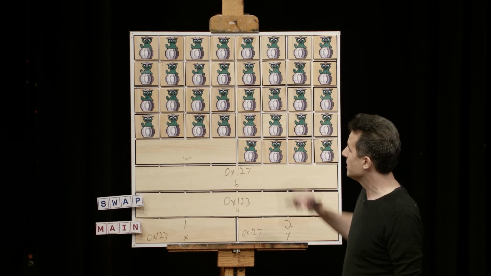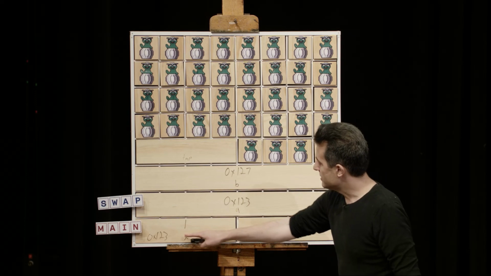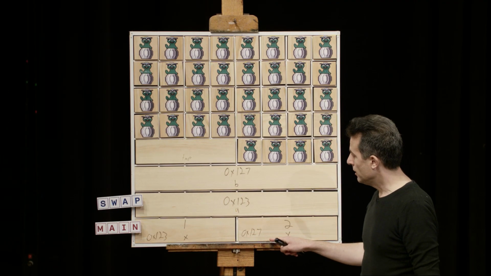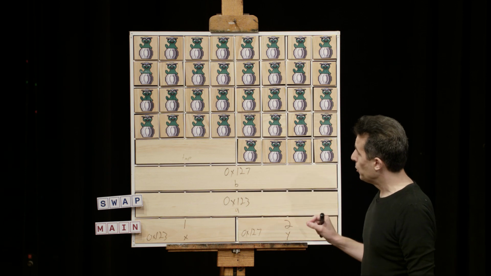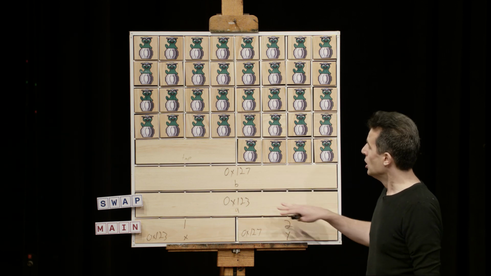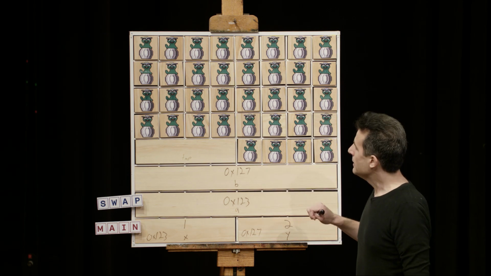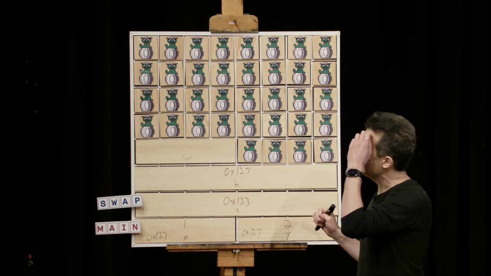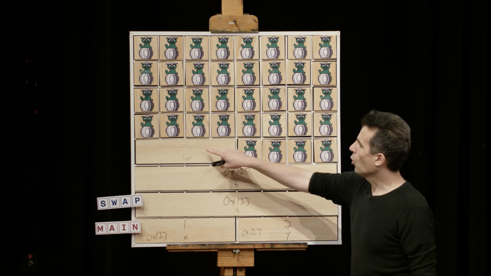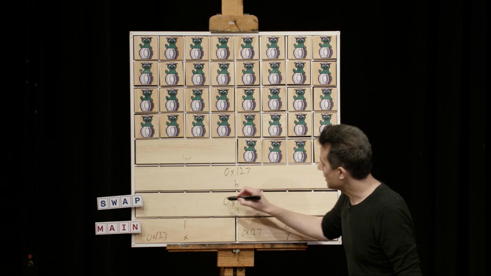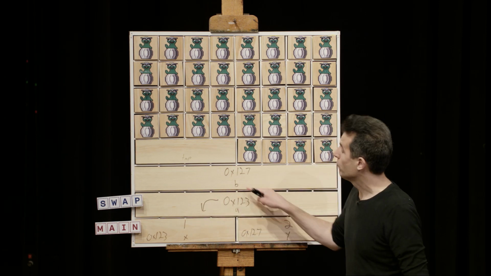It's growing upward as I proposed. X is at address 0x123. Y is at address 0x127. Therefore, a and b, I propose conceptually, like Igor proposed, store the addresses of x and y respectively. And now my code, I think, needs to say this. Go and store in the variable temp whatever is at the address a. So you can kind of think of this as being an arrow down here. Follow the arrow.